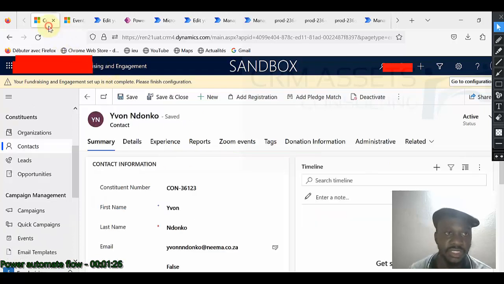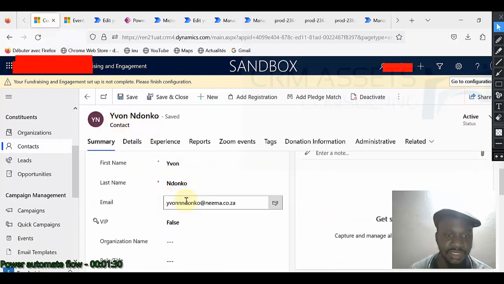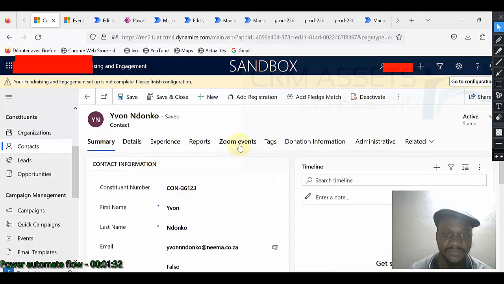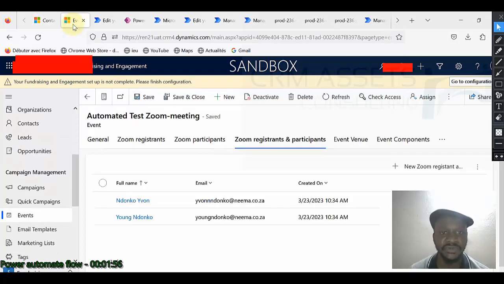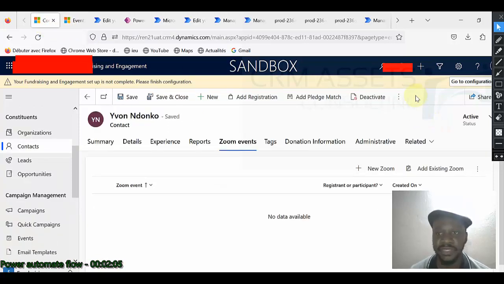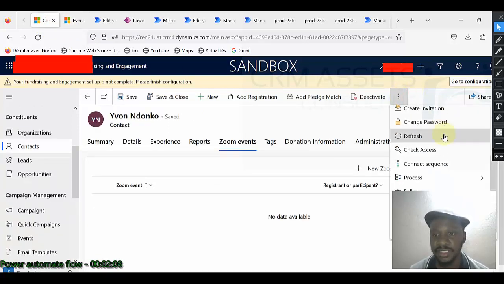Okay, so I have this contact, this email contact. I have added a tab from here, and I should query the system to see the different events the contact has participated in. It is quite simple. Let me first show you how it works, and then I will explain how the Power Automate flow has been done. So from here I can click here and select